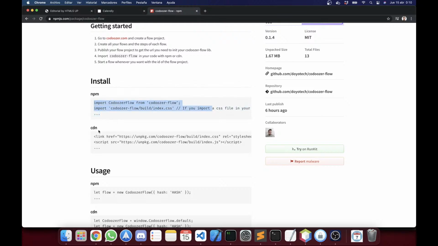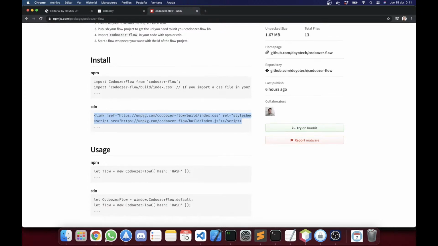But for regular websites, you just need to copy this. If you are familiar with HTML, then you will know what I'm doing. If not, you just need to follow these steps, or just give this website to your programmers and they will understand. Basically you just need to copy these 2 lines in your website,